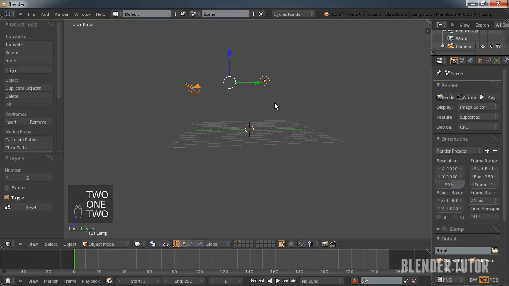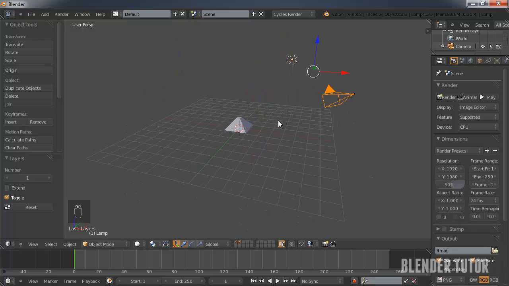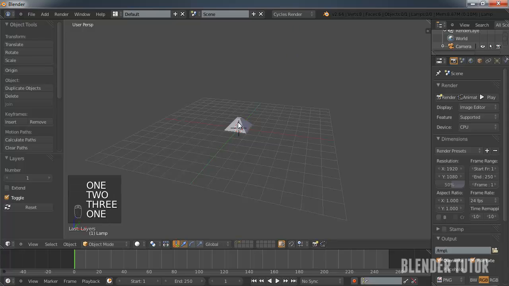So now I can jump back and forth between those two, and everything's exactly where it was position wise. It's just on a separate layer. And if I hold down shift and click on these, I can have them both united again. So just keep that in mind, play around with layers, and they do become very helpful, especially once you get more complex scenes done. So now that we've gone over layers, I just want to go over one more thing.